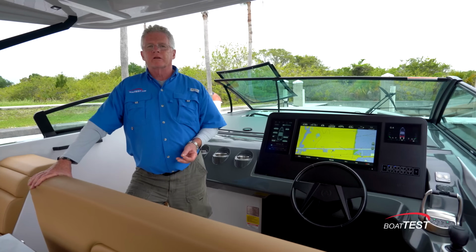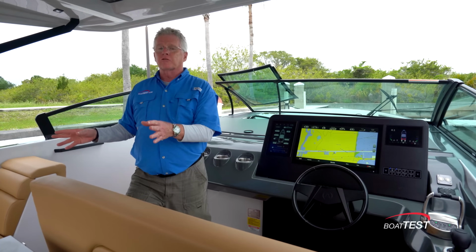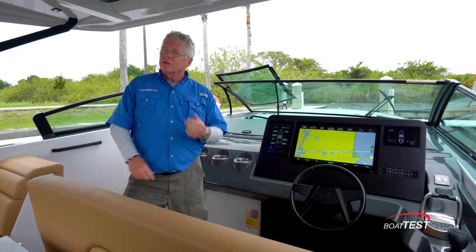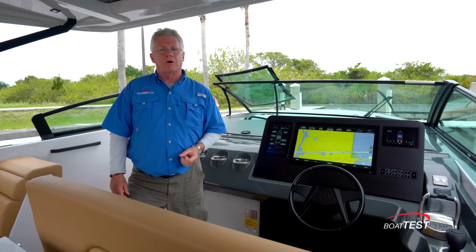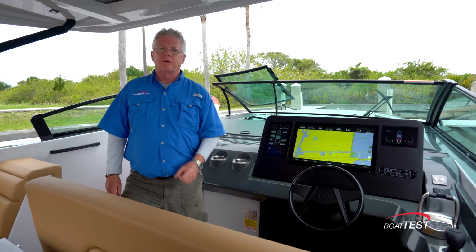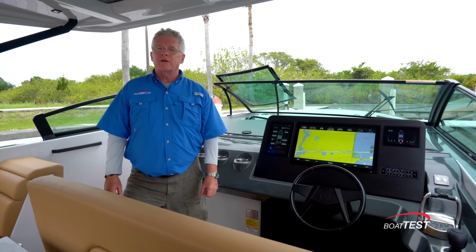So with 3 independent social zones, plus the expanded social zone in the stern, add to that the overnighting capabilities, the AV40 is a formidable opponent in the dayboat market, especially in the luxury market. And that's my full features inspection and performance evaluation of the